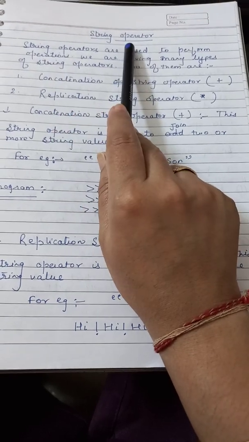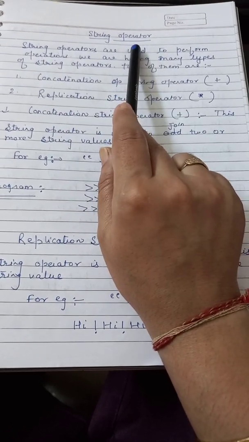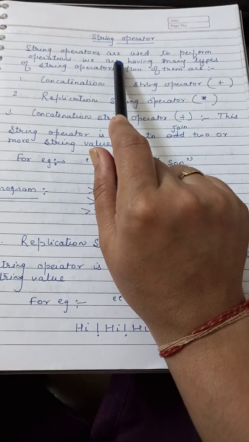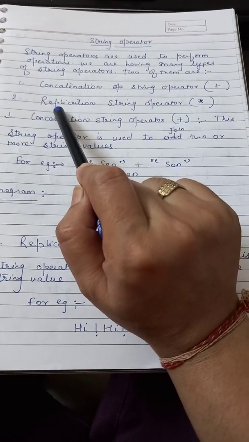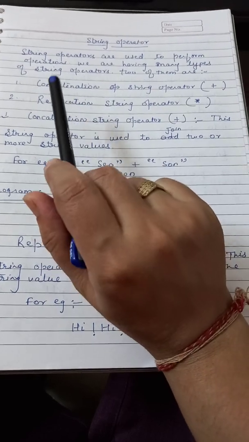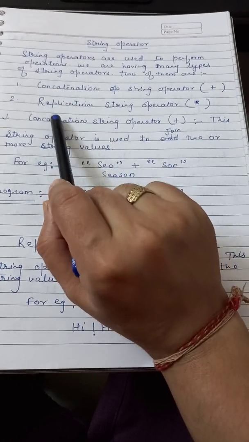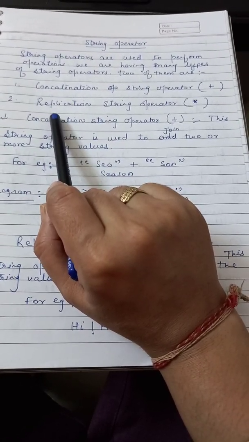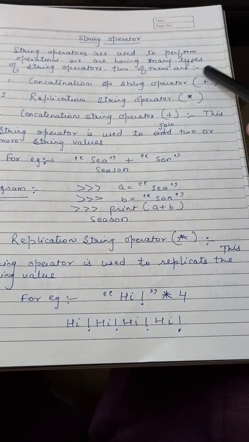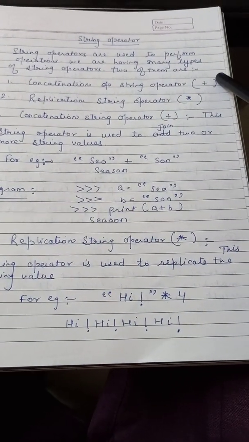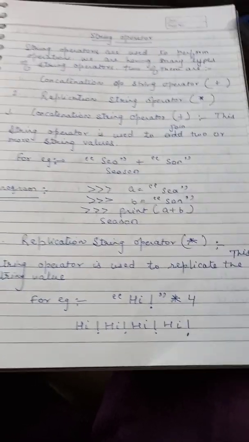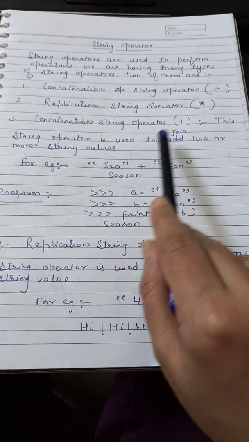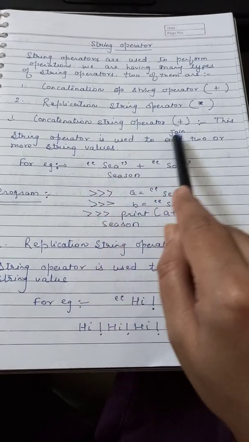So, what is the meaning of string operator? Operator means a symbol that is basically used to perform a particular operation. We have two types of string operators. First is the concatenation string operator, and second is the replication string operator. Concatenation means the addition of the particular strings, and replication means to repeat the value. Concatenation is used to join two or